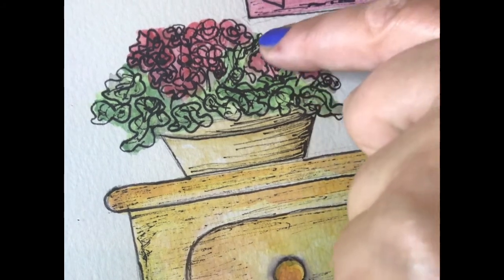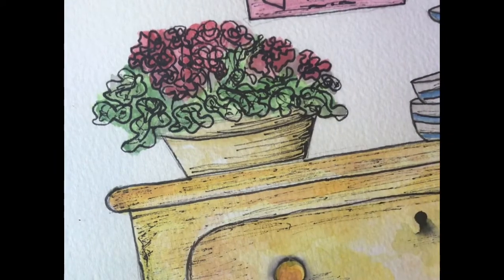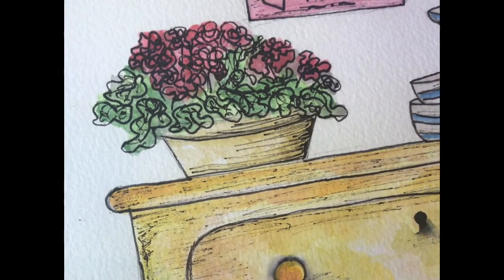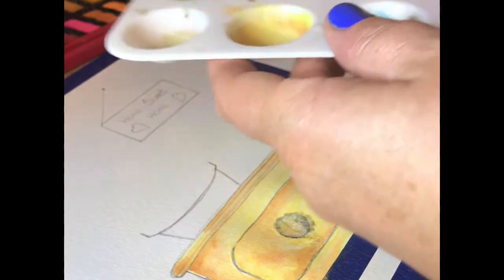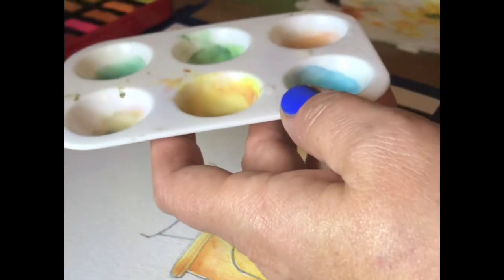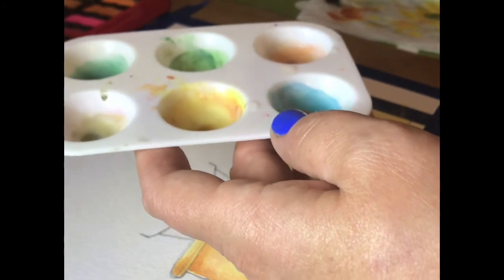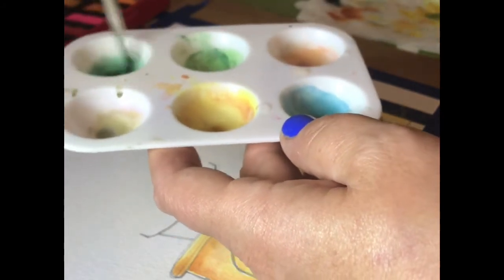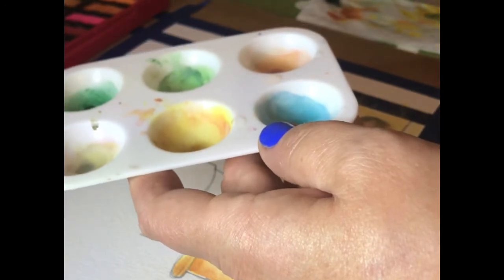And then I've then added in the ink details over the top to make it look as though it's a little pot of geraniums. So we'll work with a base colour of green, and we'll just add in some of the leaves. And like I say, this is a base colour. You will then build the depth of colour as you go. So I'm just going to mix a little bit of green